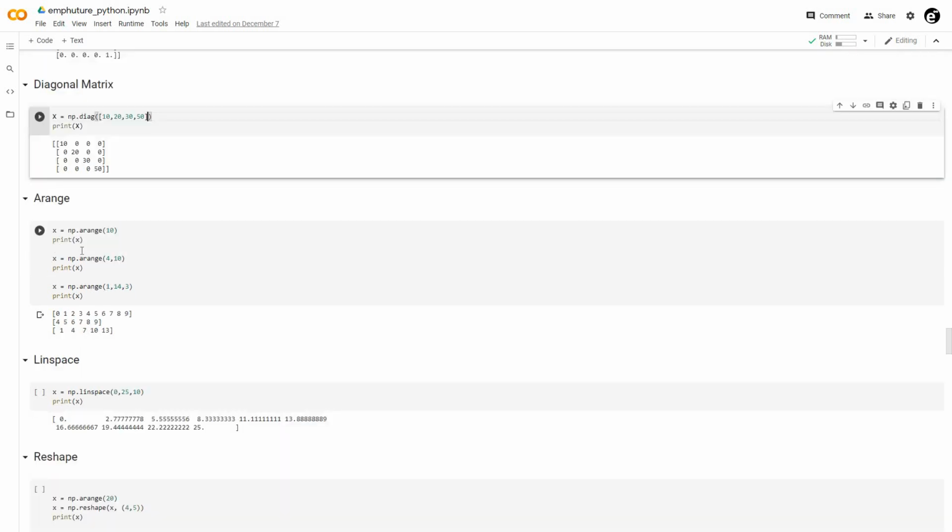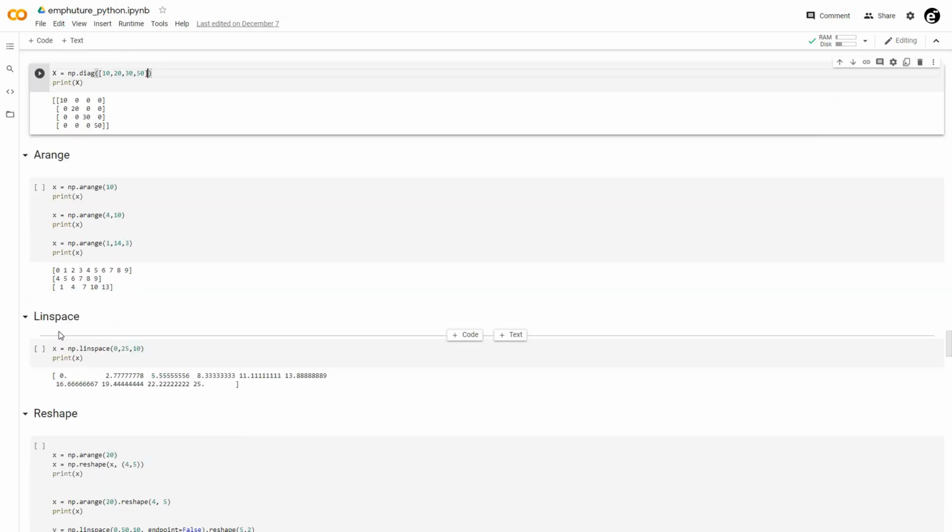Then we have the arange function. It is similar to the range function that we have seen before. It is also used to create sequence but in the form of NumPy array. The third argument here is for the steps. As we can see here, the first element is 1 and the second number will be the third step of 1, that would be 4. We can also do the same in the range function.